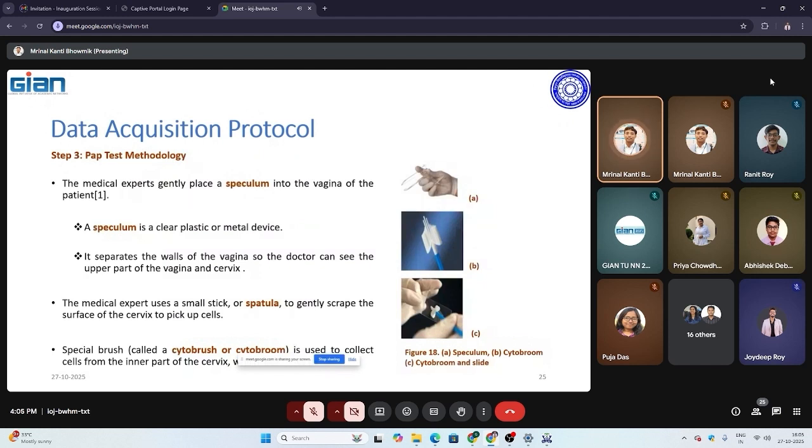To do the pap test, the medical experts gently place a speculum into the vagina of the patient. A speculum is a clear plastic or metal device. It separates the wall of the vagina so the doctor can see the upper part of the vagina and cervix. The medical expert uses a small stick or spatula to gently scrape the surface of the cervix to pick up